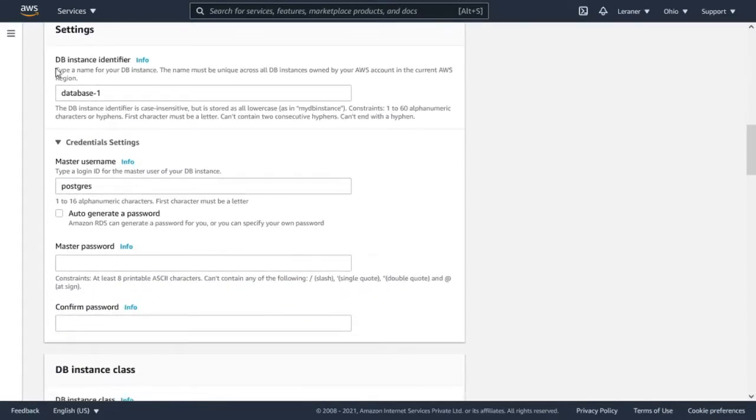Okay. So here, this is a database instance identifier. Here we need to provide a database instance name. Just mind that this is not a database name. I made the mistake initially while doing this. This is not a database name, but a database instance name. It's exactly the same as an EC2 instance. If you have heard about an EC2 instance,